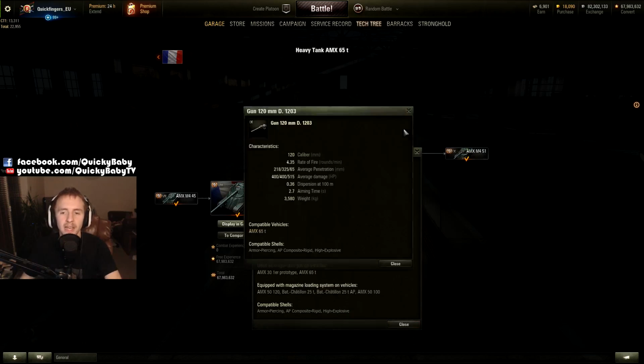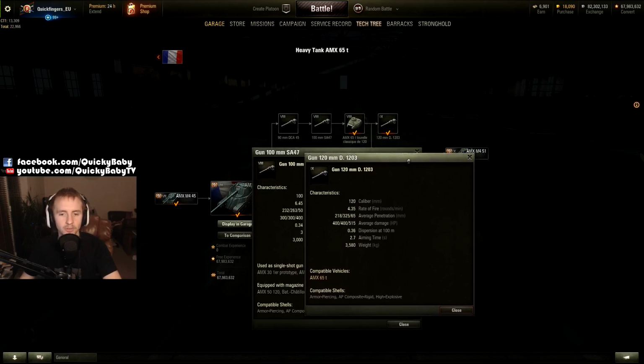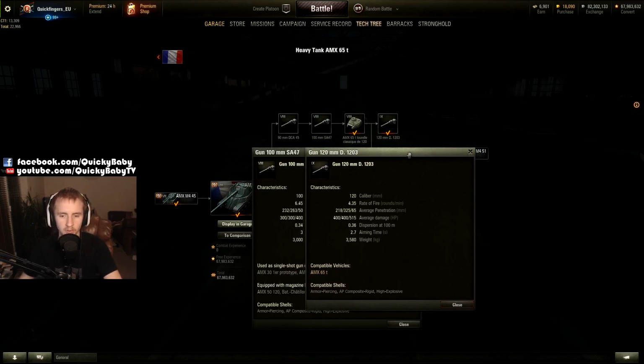However, if you absolutely love large caliber guns, then maybe the 120mm will be more up your street. Now you're going to lose a little bit of DPM, your accuracy is going to get worse, but your aim time is actually going to get better with a larger caliber gun. And now for one thing that I'm really confused about. Your penetration drops with your standard ammunition, but look what happens with your premium rounds,